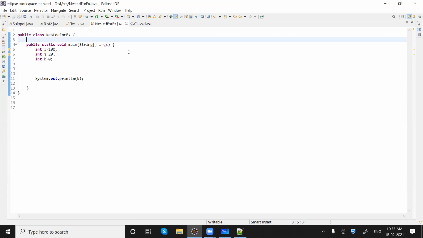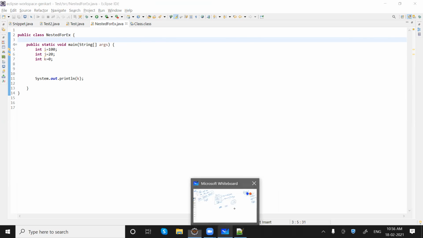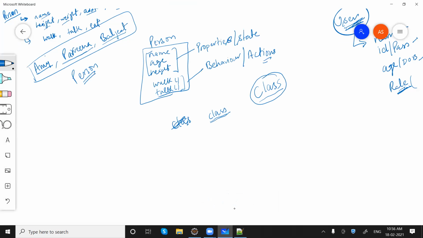Although we were using some classes from day one, now we are going to understand exactly what object oriented programming is. To understand that, we should know what an object is. Then only we can move to object oriented programming, because it's in the name, object oriented. And to understand an object, we need to understand the class first. So we will be writing something like this: